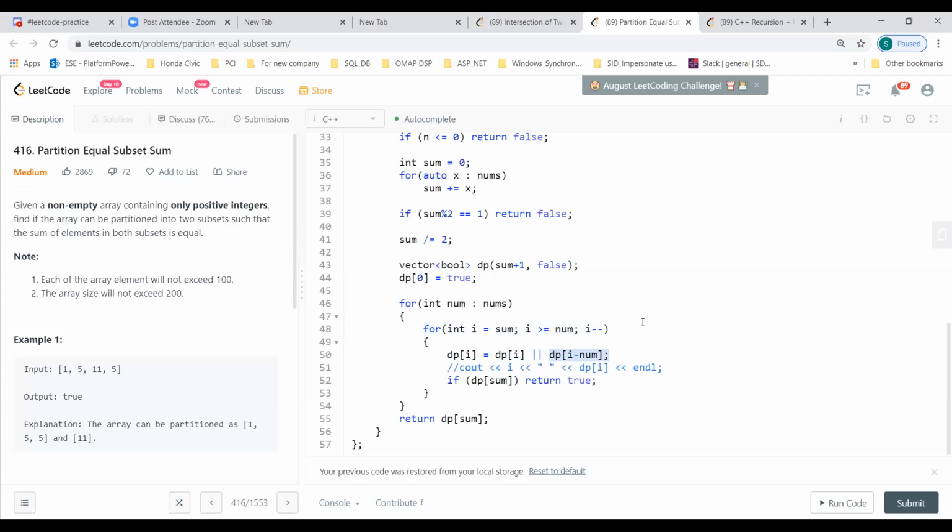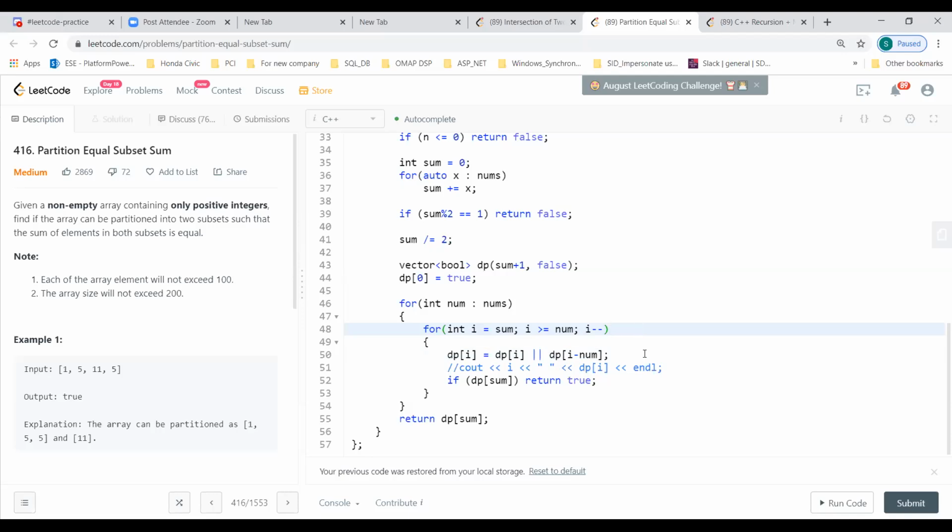So I'll have to look at what I'm starting with and where I'm going to reach. It will be maybe like I plus num, something like that, because I have to actually do it the other way instead of I minus. There again, sum minus the other element you will do, dp of I and sum minus I. There also, I think, in the forward way.